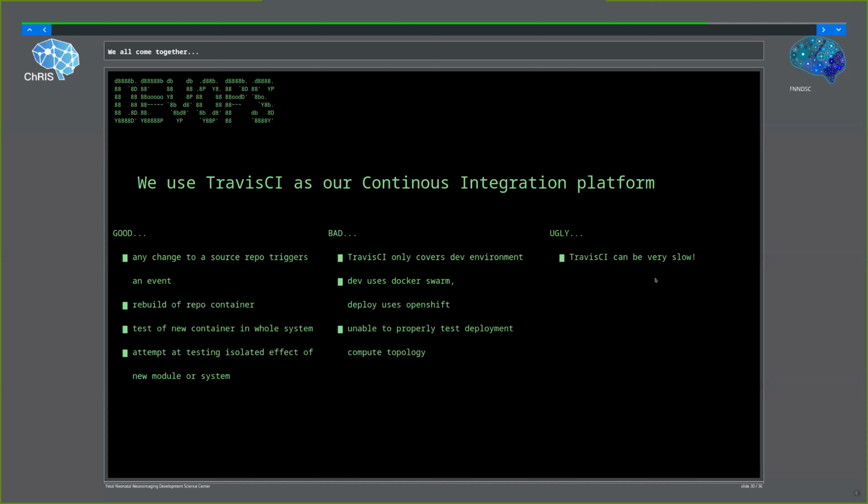The ugly about Travis is it can be very slow. The VMs that they use are very old. I think they are currently still using Ubuntu 14 as their VMs when they build your containers. And we can only test single service changes. If you think back to that picture I had of all the different parts of our system, sometimes by necessity, you're changing more than one thing at the same time. You're changing two things concurrently. In those scenarios, we're unable to have our test environment provide coverage for this, and we have to do it very much laboriously and locally to test these things.